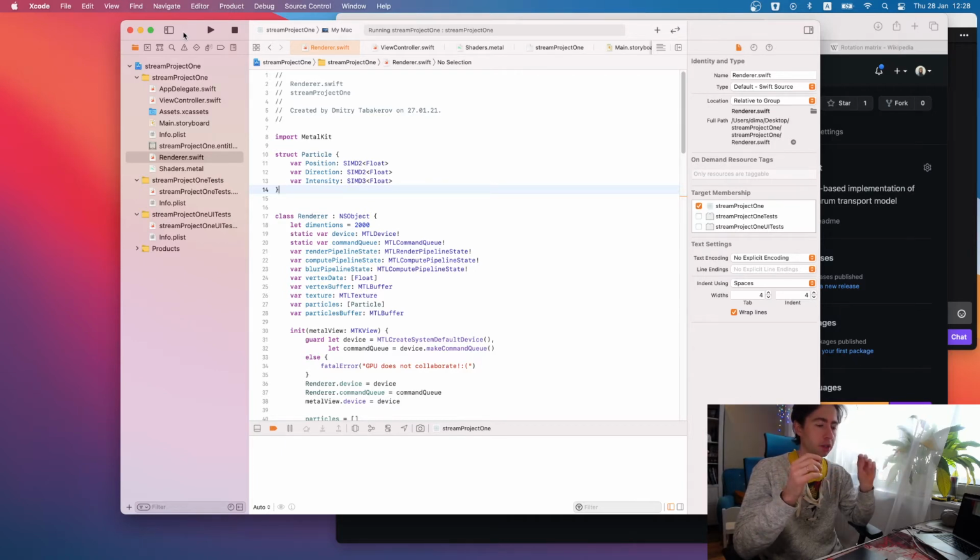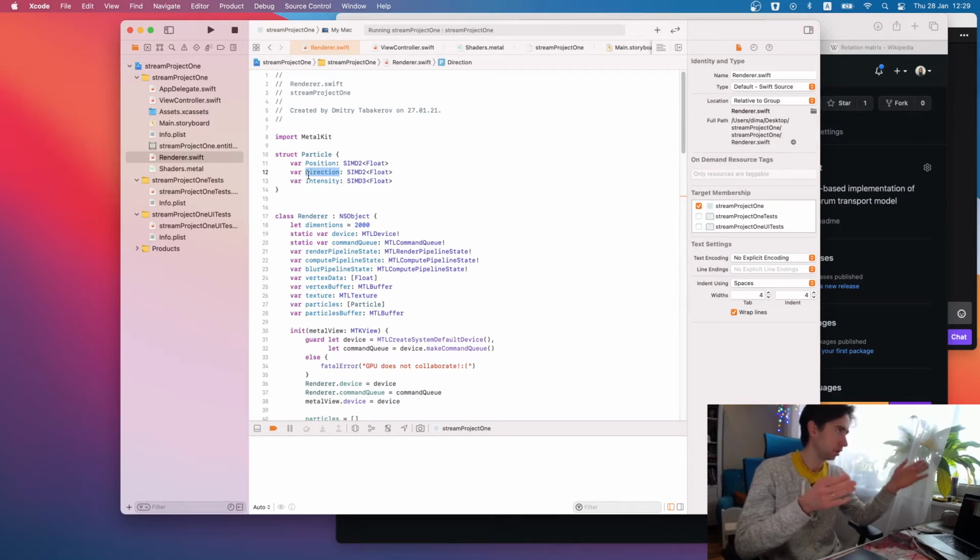The particle has three sensors. It has a direction, and this direction defines the movement direction of the particle, and based on it there are three sensors: